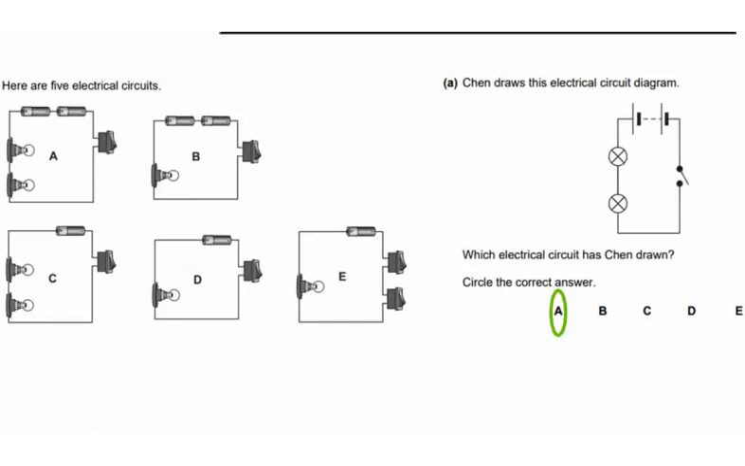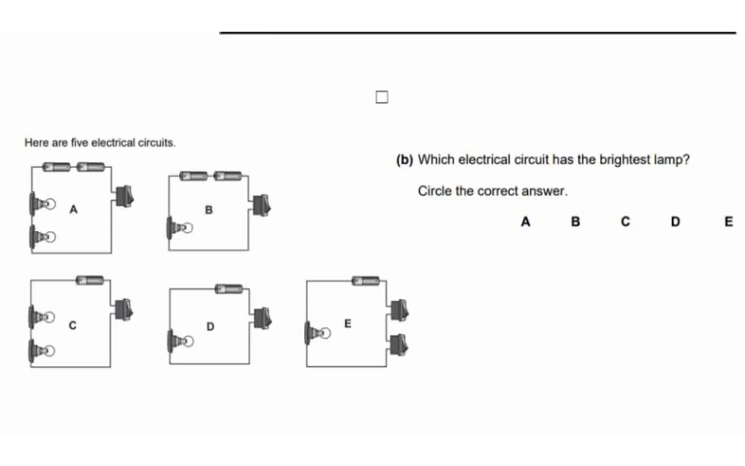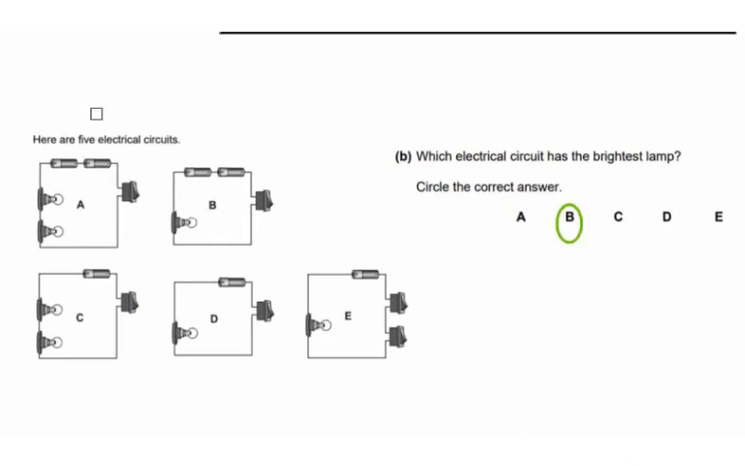Let's move to the next question. There are 5 electrical circuits. Question B, which electrical circuit has the brightest lamp? Circle the correct answer. So the answer is circuit B, as it has two cells and only one bulb, so it will be the